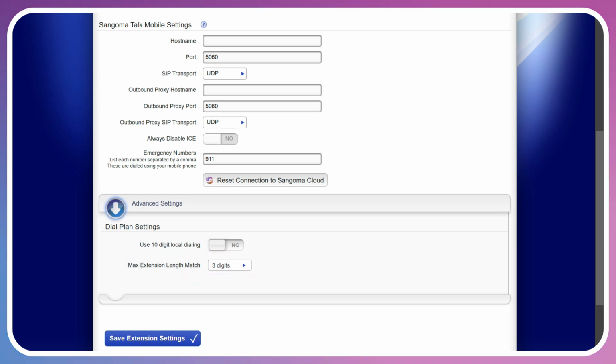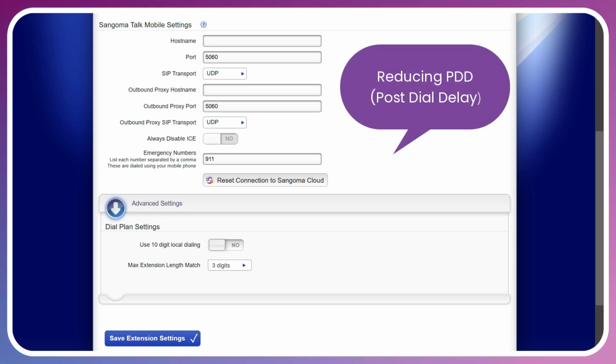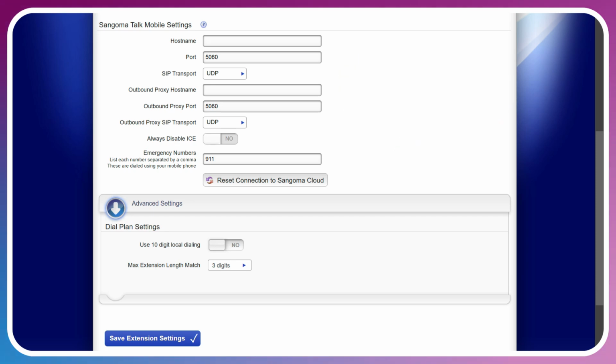All that to say, if I were to enter 2 digits into a phone, considering that might be valid somewhere else in the system, Switchvox will wait to see if there are any other digits inputted before moving on with an action. If we put in 3 digits, it'll recognize that's the max extension length and will cut down on that wait time and assume that it is, in fact, a 3-digit extension that was dialed. And I hope that makes sense.